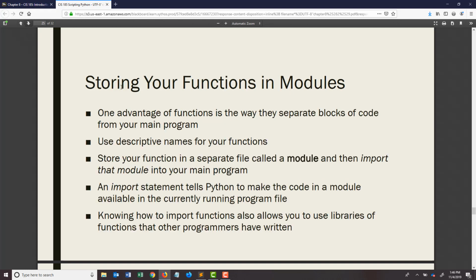Storing your functions and modules. Now this isn't anything new to you because you've been coding Alien Invasion and you've been seeing these import statements, but we'll get into a little bit more detail of how they actually work. One advantage of functions is the way they separate blocks of code. You can use descriptive names for your functions, but then you can also take those functions and store them in